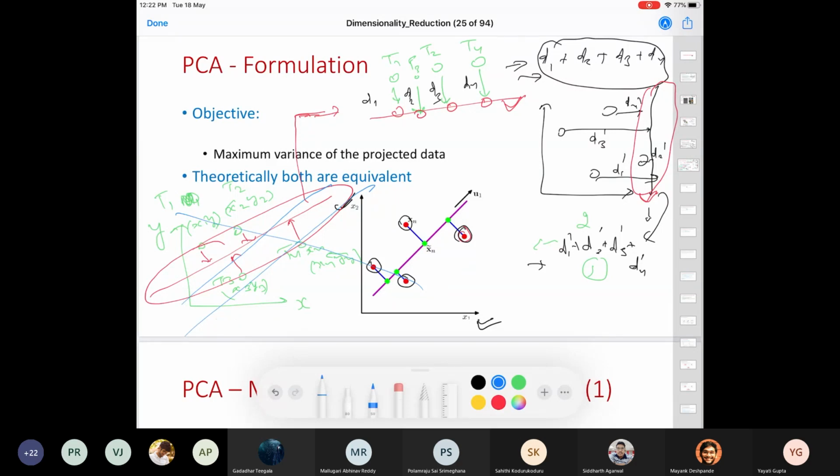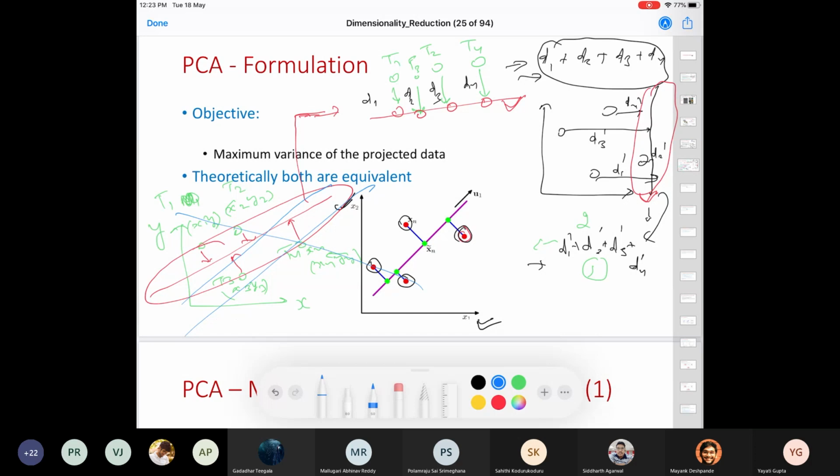Sir, if our objective function maximizes the variance, wouldn't that mean the data points are more spaced? I'm coming to that. Would you agree that this is very similar to linear regression, where we are trying to identify a line, and in a 2D scenario this one line is our dimension? Yes, sir. Naturally, the best fit line already has most of the points on the line itself, so we're losing very little information.